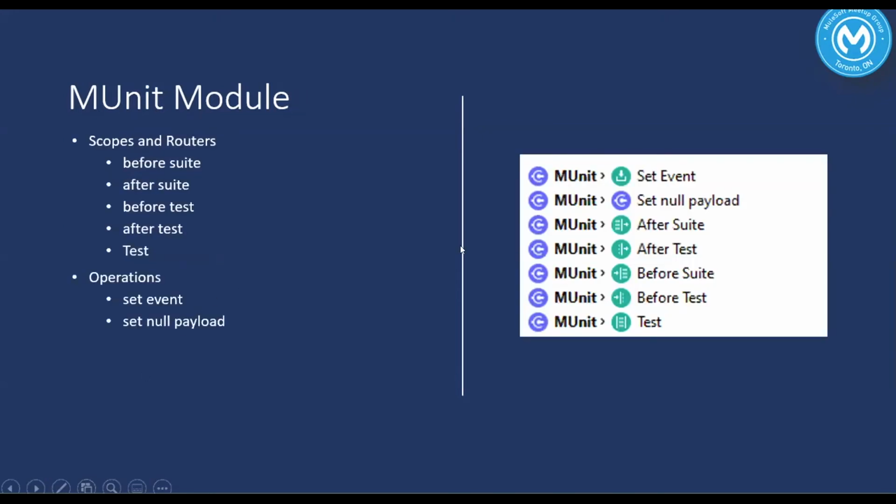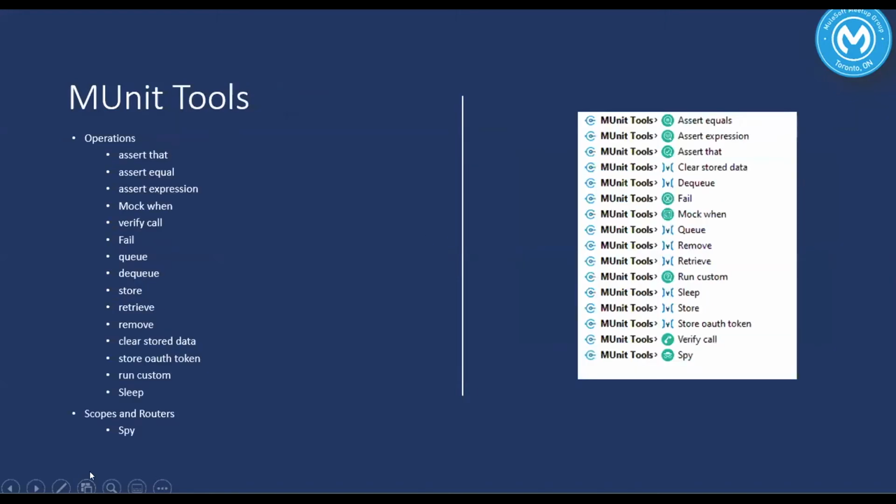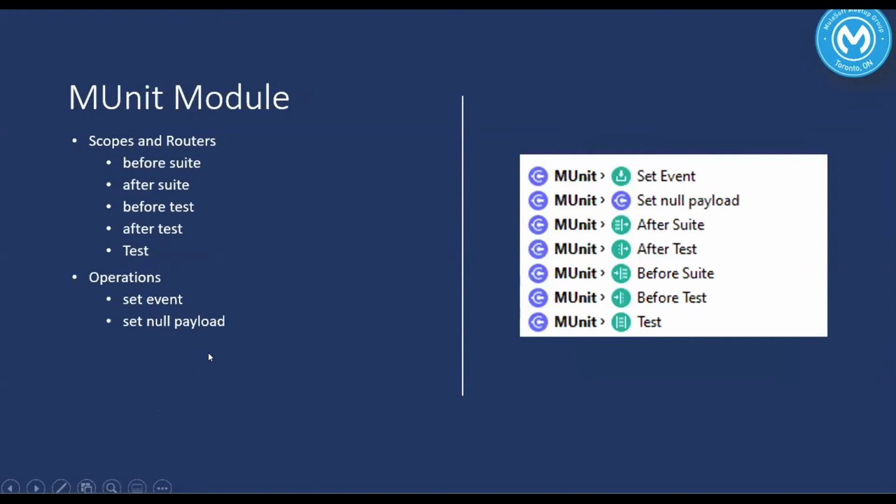So in the MUnit module, we have different kinds of routers: before suite, after suite, before test, after test, and operations, set event, and set payload. In that one, the test is a core component where you are able to actually run the test case, and it has before suite and after suite.